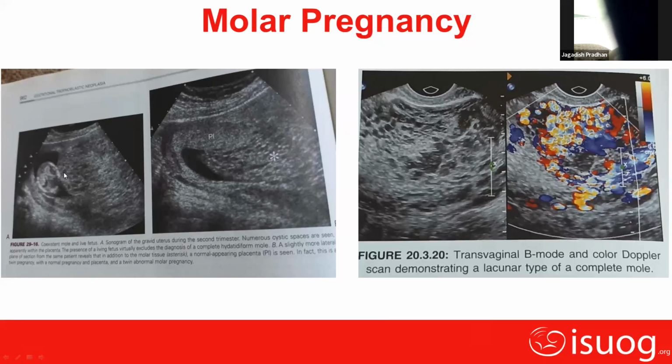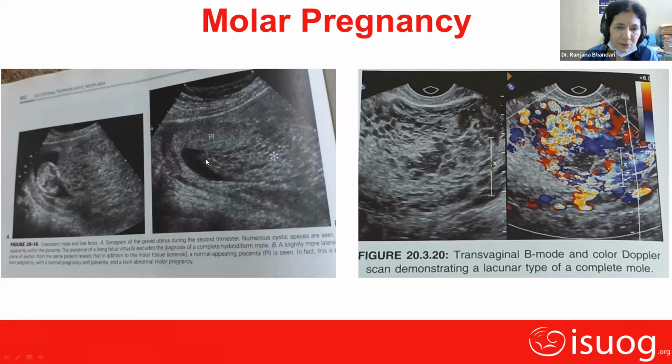We had a case of twin pregnancy in which one placenta was normal, along with a normal child, fetus. And another placenta of the twin pregnancy was having molar tissue. Each and every time that patient came, we used to counsel her that she should have her delivery in the higher setups, so that if something happens, we can do it in